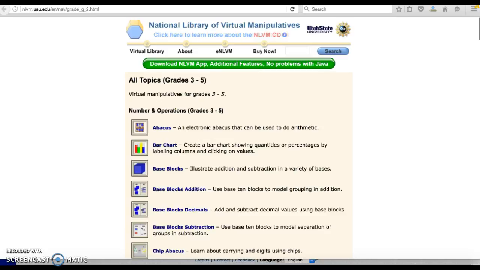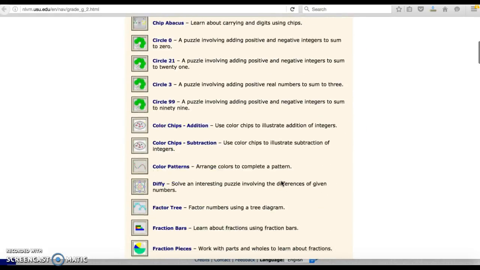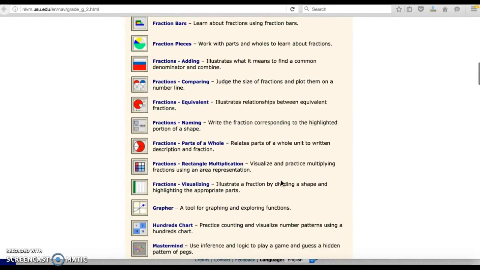Hi everybody! For my third resource walkthrough, I decided to explore the National Library of Virtual Manipulatives website, and I chose third grade fractions, decimals, and percentages for my area of concentration for this class. So I scrolled down and I was looking for some manipulatives that haven't been demonstrated yet, and I found one, fractions, parts of a whole, and this goes along with my area of concentration, so I decided to kind of